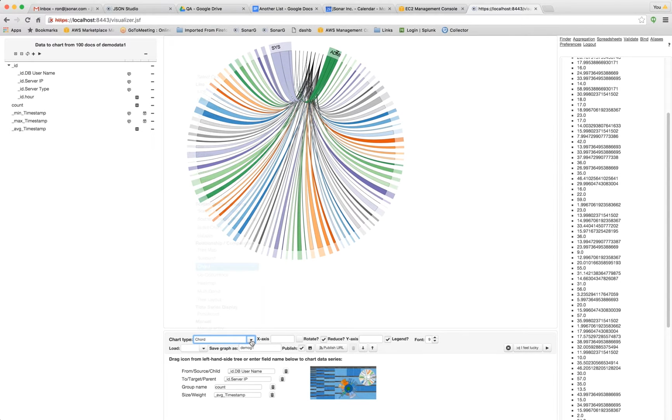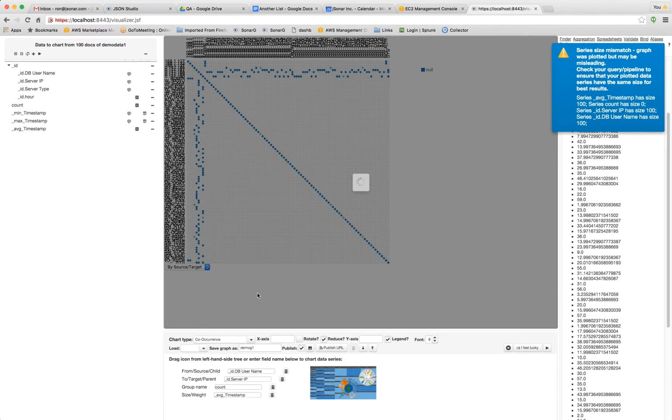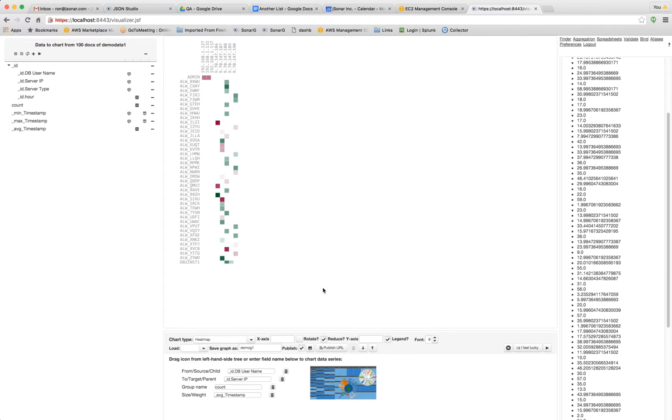So that's a chord diagram. A co-occurrence diagram plots the different values on an XY matrix, and then shows me which ones are tied to which. And then a heat map shows me a similar kind of